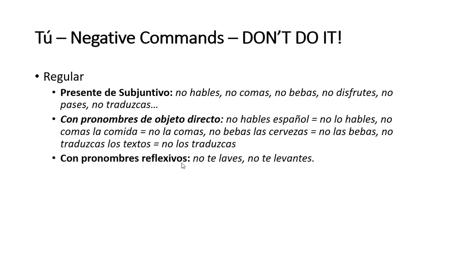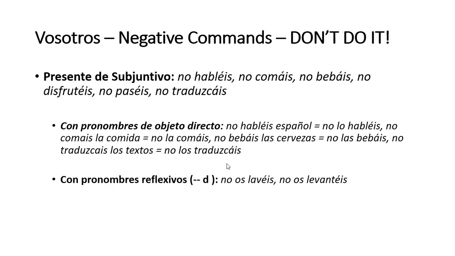If we go to negatives, then we just use the present subjunctive. So tú, no hables, no comas, no bebas, no disfrutes, no pases, no traduzcas. And with the direct object, it just goes to the regular position before the conjugated verb and after the no. So no lo hables, no la comas, no las bebas, no los traduzcas, and no te laves, no te levantes. Vosotros, no habléis, no comáis, no bebáis, no disfrutéis, no paséis, no traduzcáis,